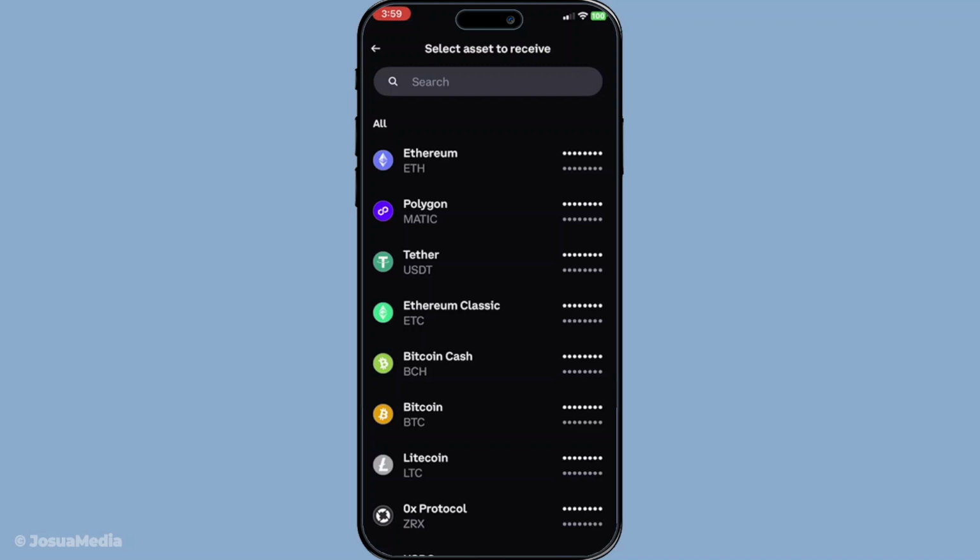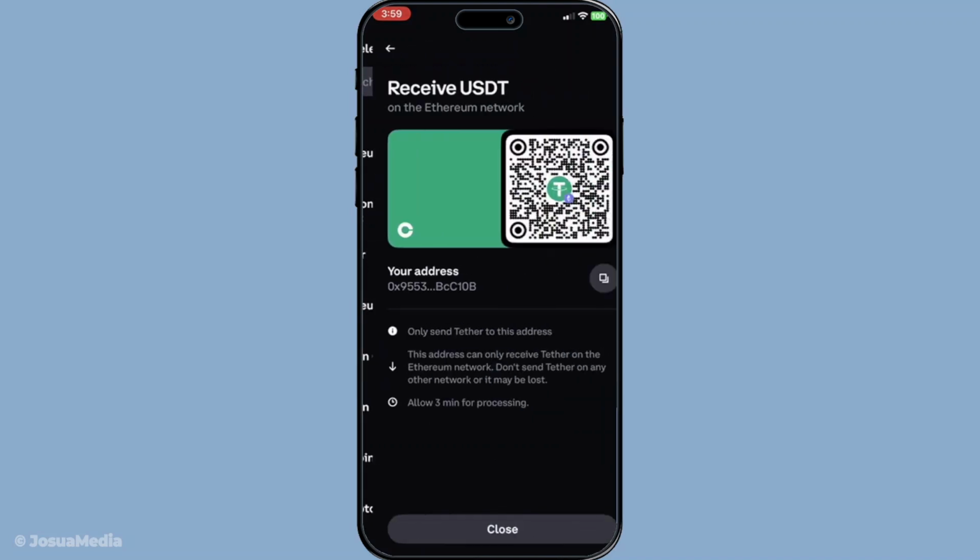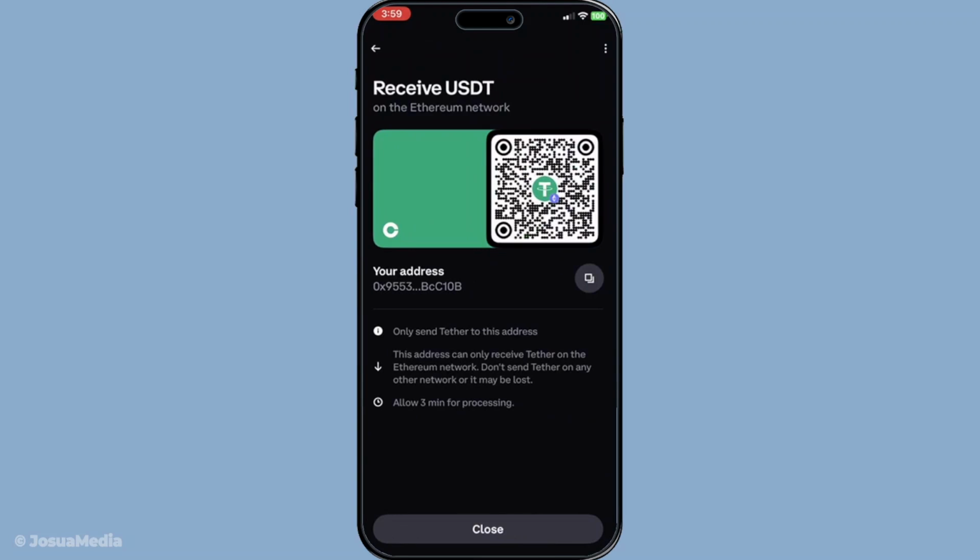Now, select the specific cryptocurrency you'd like to receive. This could be Bitcoin, Ethereum, or any number of cryptocurrencies available on Coinbase. Once you've made your selection, you'll be presented with your unique receiving address. This is an important piece of information as it ensures that any funds being transferred to you are accurately directed